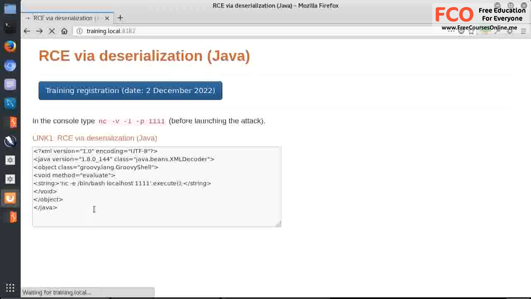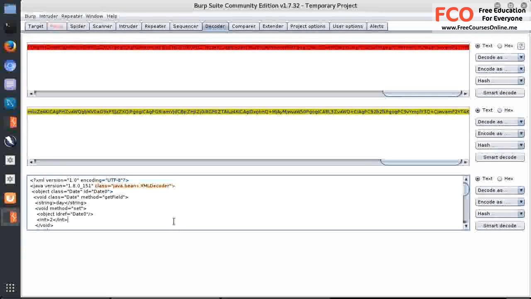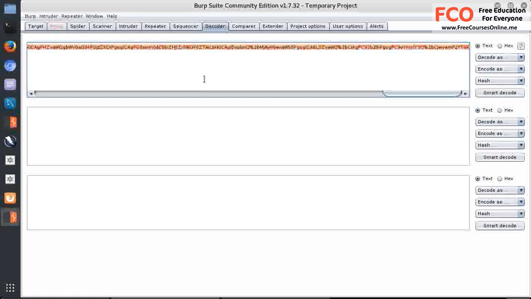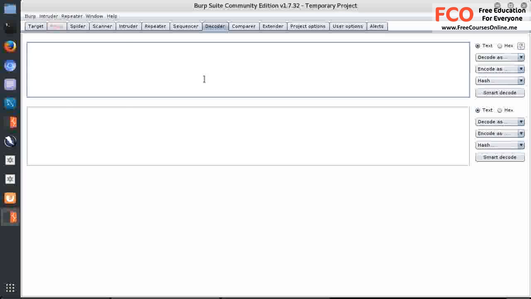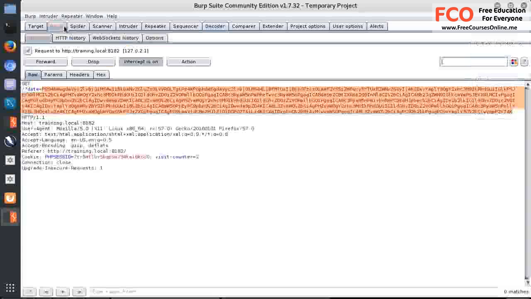This is my serialized object, actually a malicious serialized object in Java. So I'm gonna take this object, I'm gonna copy it. Let's go back to Burp. I can just delete everything from here. I'm gonna paste it. Now, keep in mind, let's go to the proxy, that my serialized object is sent in